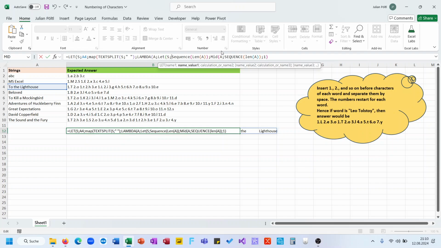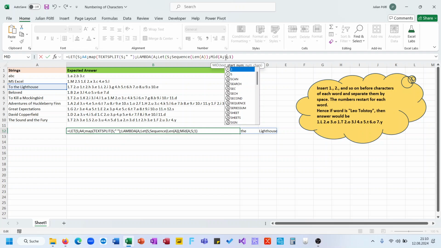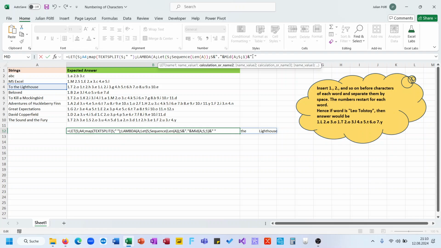Name this S. It's okay to name it that way, S. So we split this here, then add S and point and split word and a space,